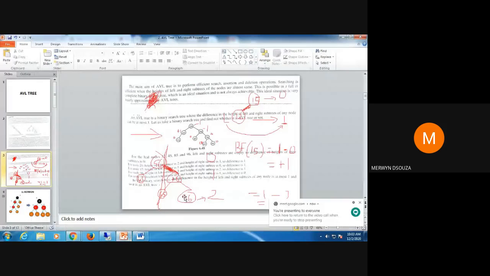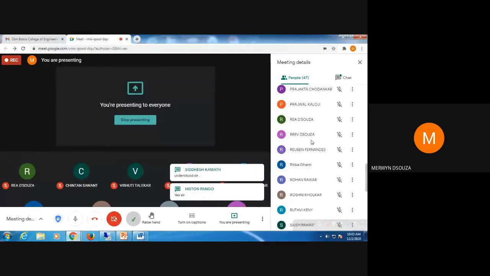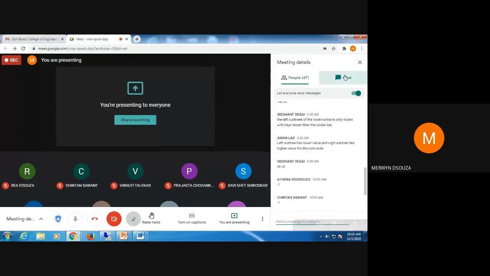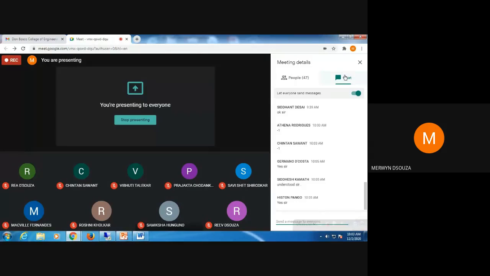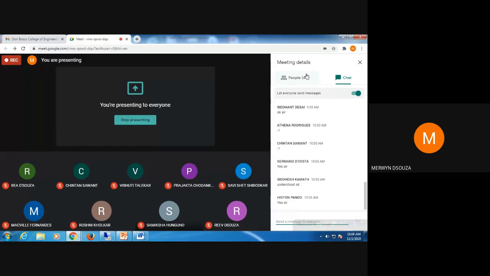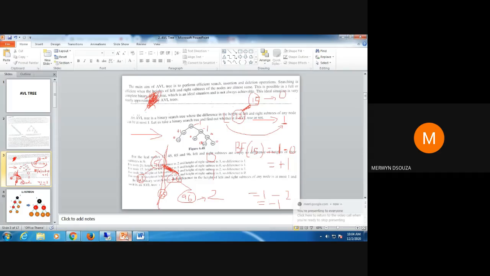Okay, let's proceed. Have you understood? This is very important for today's lecture, understanding how to calculate the balance factor. Does anyone have any doubt about how to calculate the balance factor? Have you understood how it is to be calculated for each node? Before I proceed to the next slide, now we'll start constructing an AVL tree, and you need to know how to calculate a balance factor. Okay, it's fine. Let's proceed.